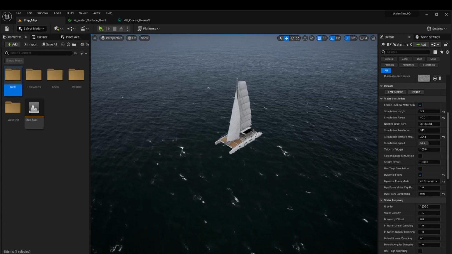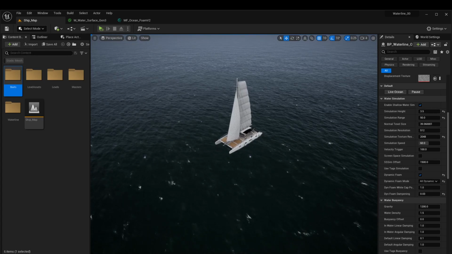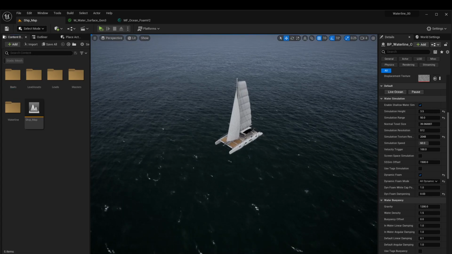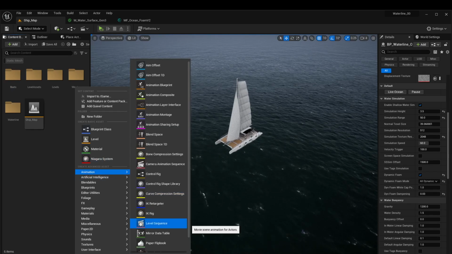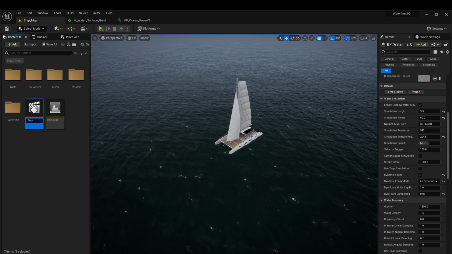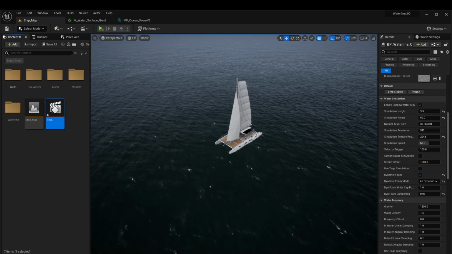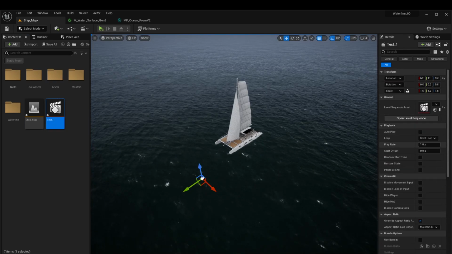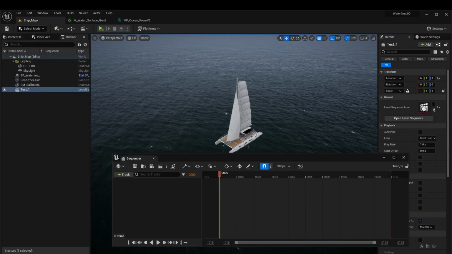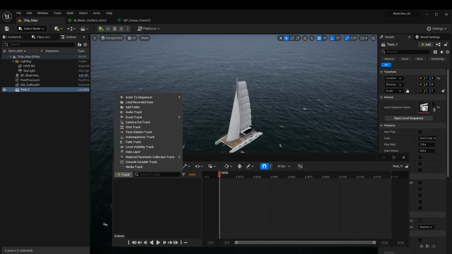So now that we're happy with the way our waterline actor is set up and our boat, let's start rendering out our animation. For the purpose of this, we're going to drop in a level sequence, just call it test 1. Drop it in our map, and we're basically going to add a basic animation to our boat. So let's track